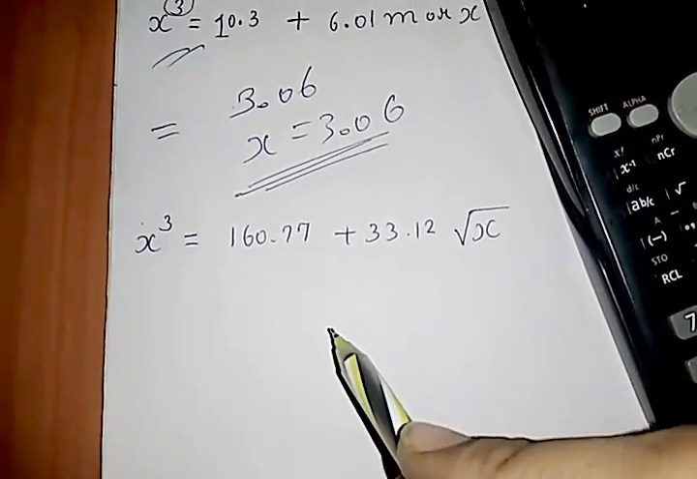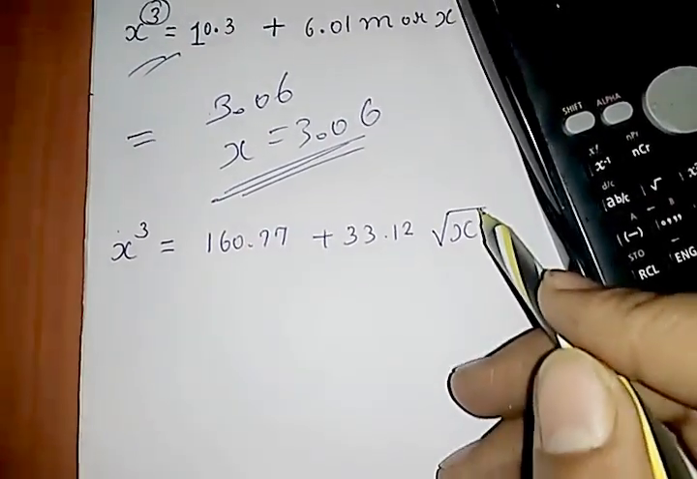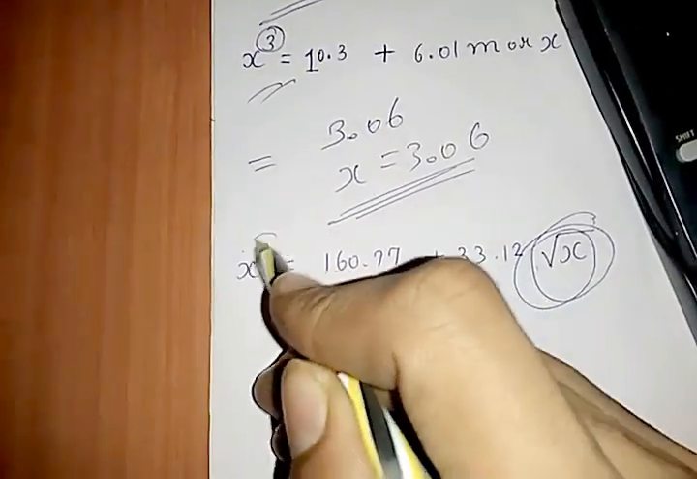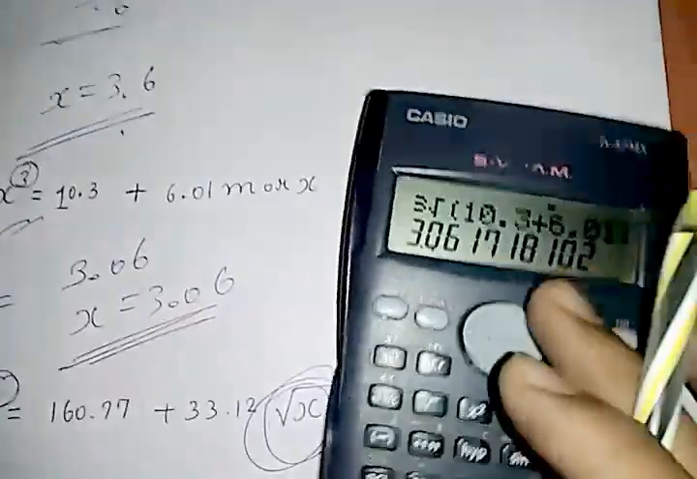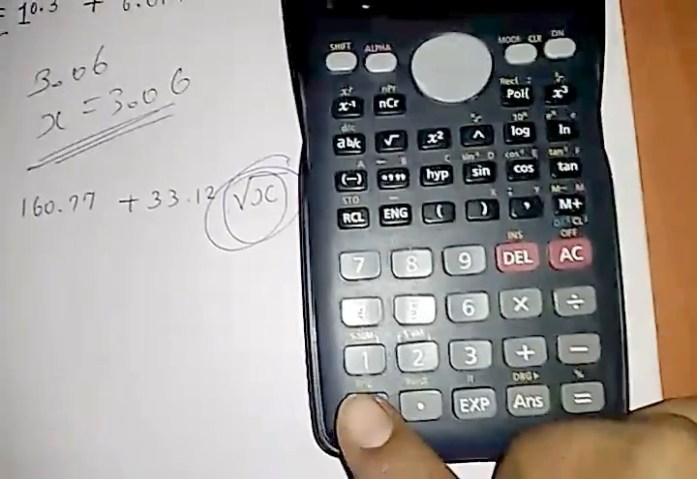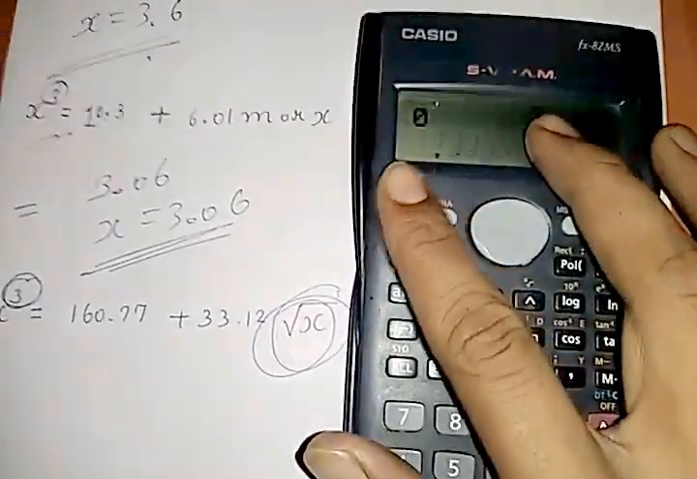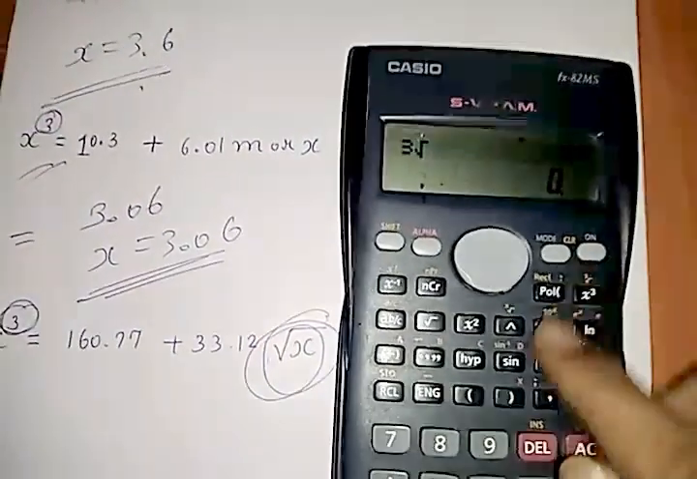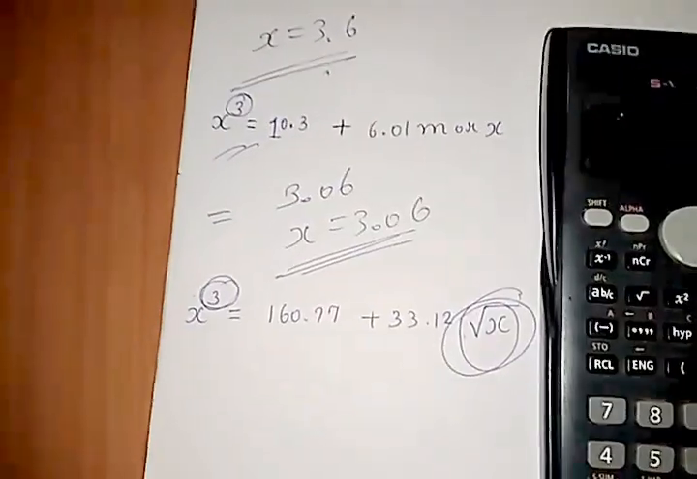Let's start the third method. We have to find the answer for under root x using the x cube. Follow the same procedure, just put under root above the answer. Press 0 equals to shift x cube bracket, this is the equation